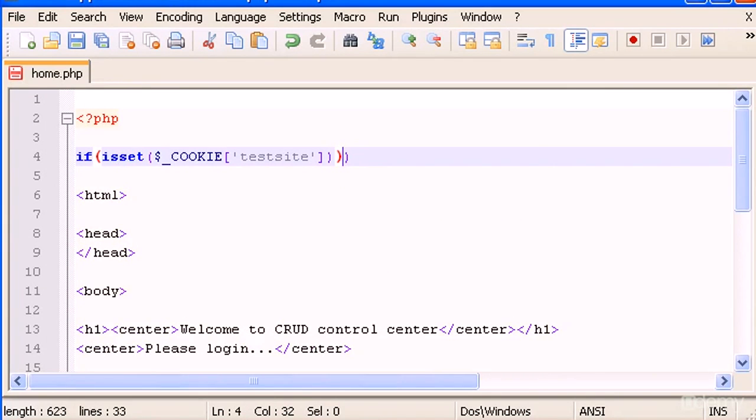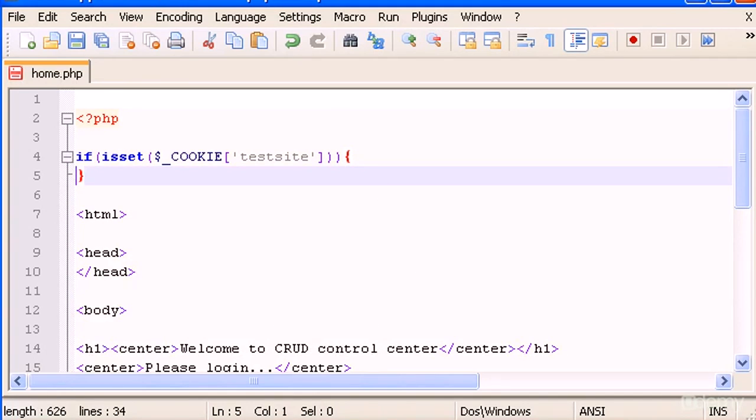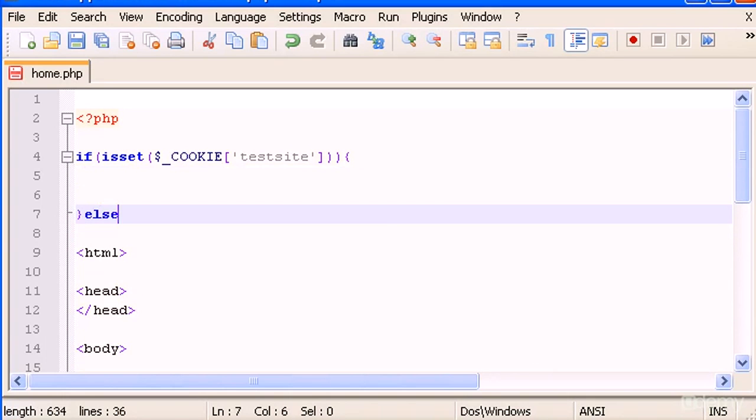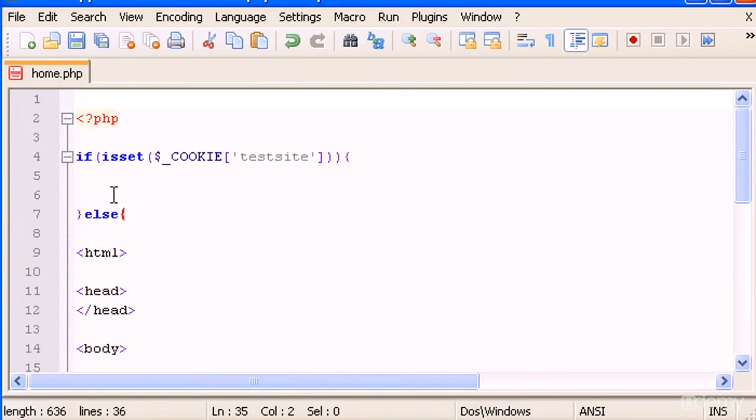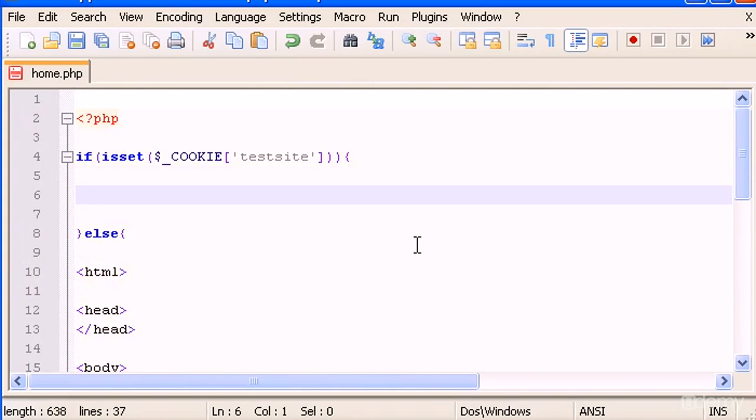Okay, so now what I have to type here is open curly braces, close curly braces, and here else, open curly brace, and here close curly braces. So in here what we will type is if a cookie test site exists,